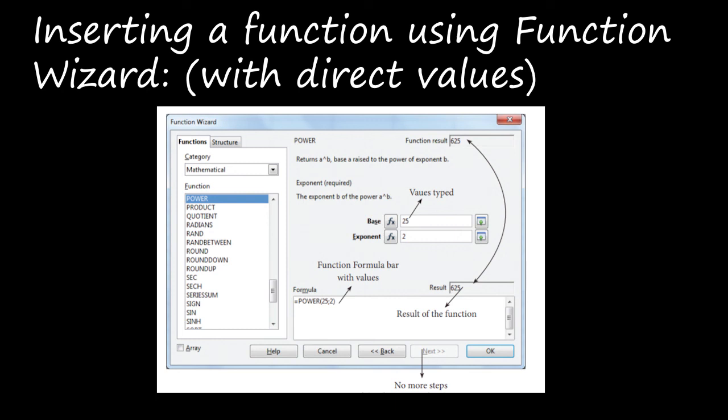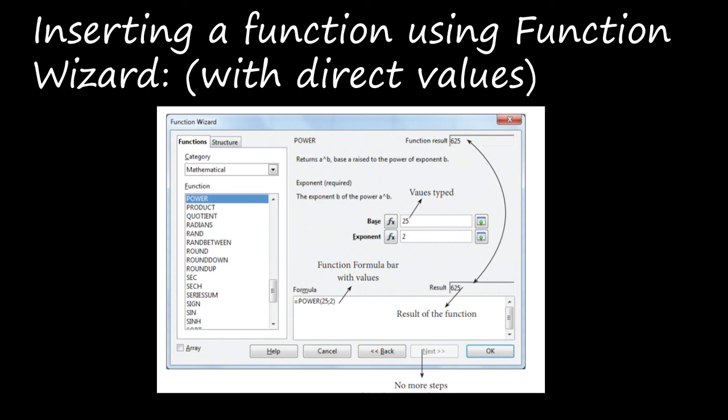You have selected here in the category Mathematical, and in the functions you are selecting POWER, and in the base and exponent boxes you are typing the values 25 and 2.